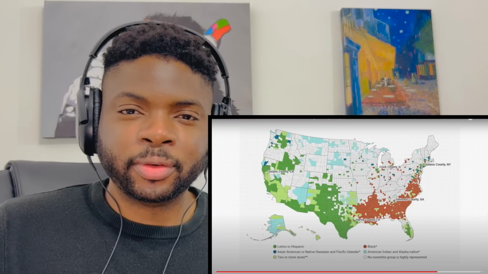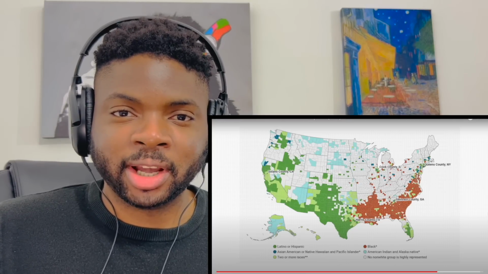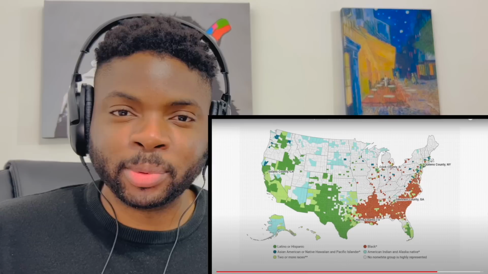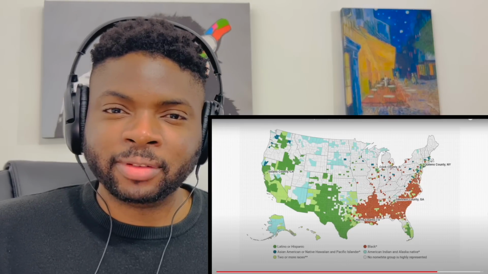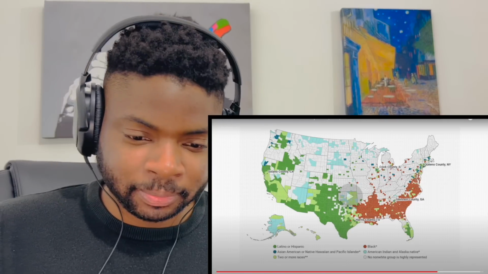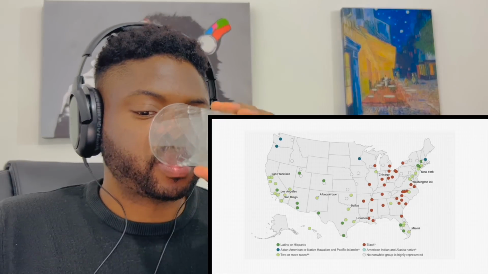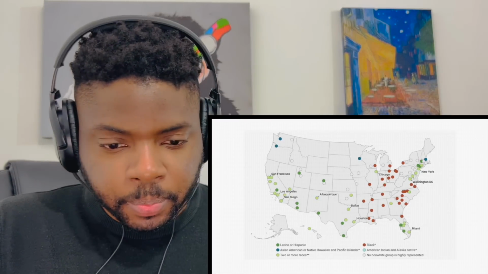I've heard that in California, Spanish is pretty much the unofficial second language of the state. A lot of people speak Spanish there, a lot of Latinos there. Is that true? Well, this other map focused on metropolitan areas shows us how there are many more in the east compared to the west.